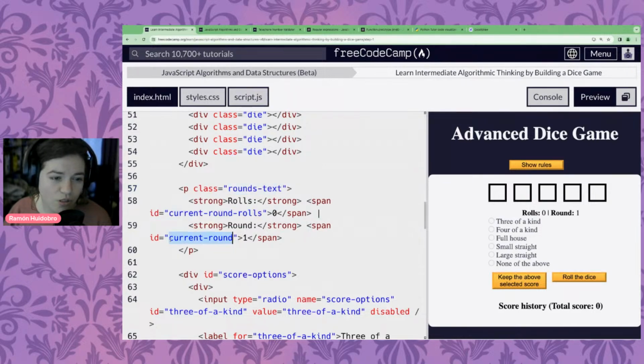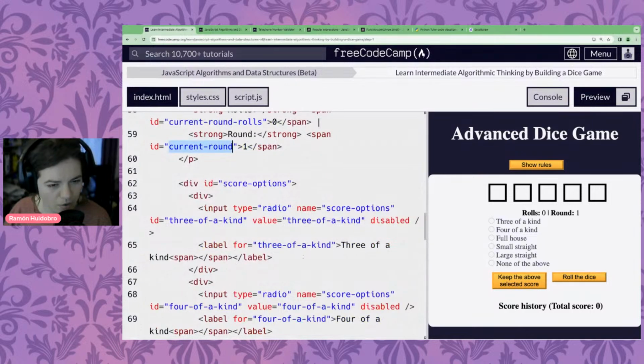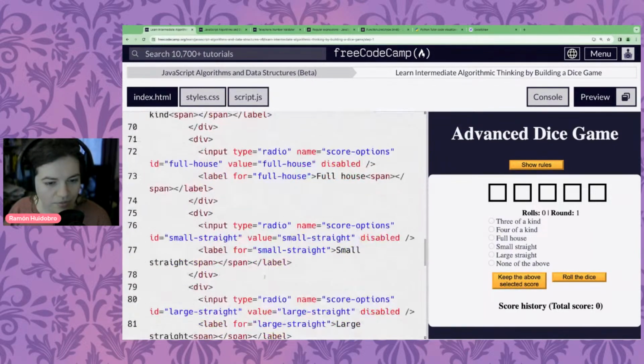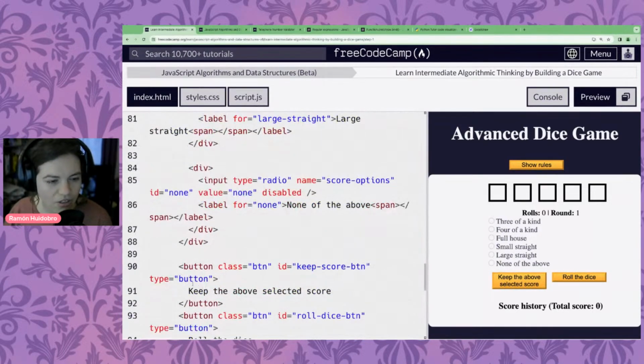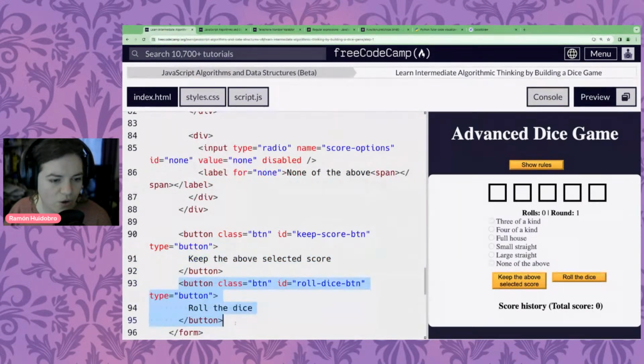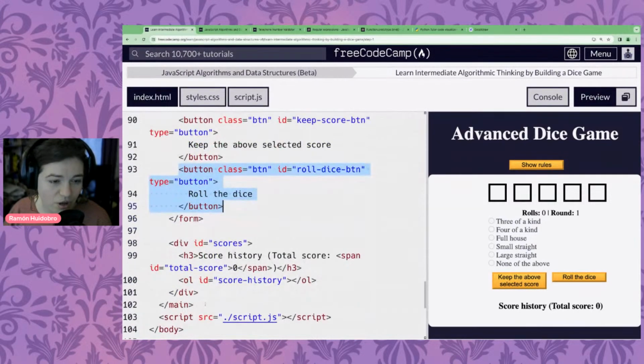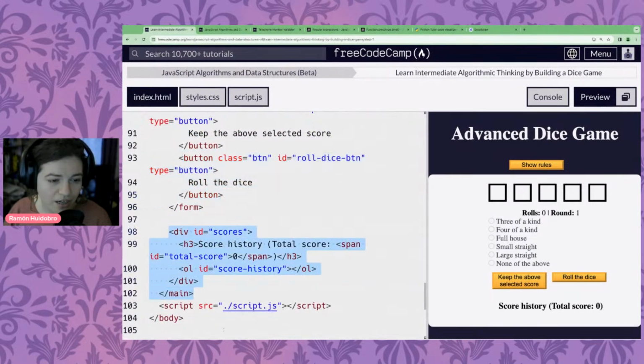The number of rolls, the round, the score options, and I would imagine that we can set and unset this disabled attribute of the inputs. Yeah, I'd like to take a little look here. So got our buttons for rolling and keeping our score, and it is a form. And then we show our score history. And then at the very end, we show our script.